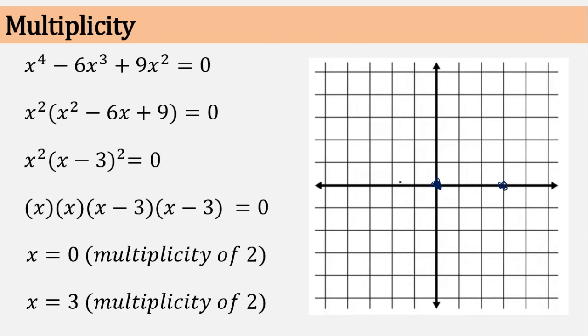0 and 3. Now let's check the end behavior. The end behavior is 4, positive. So maybe the end behavior is like this. Now it's time for us